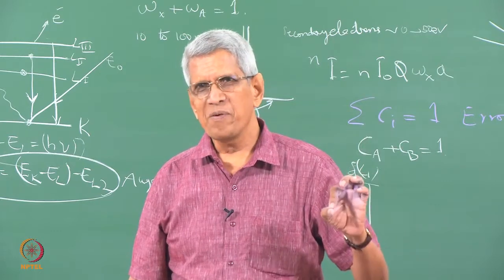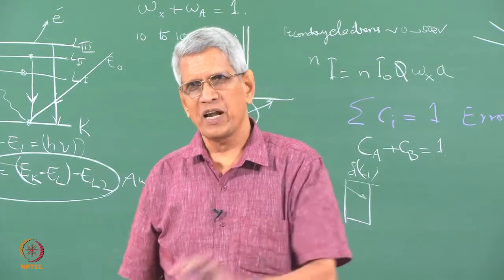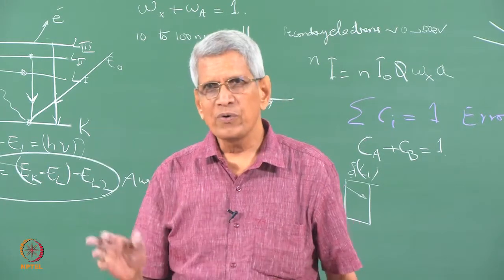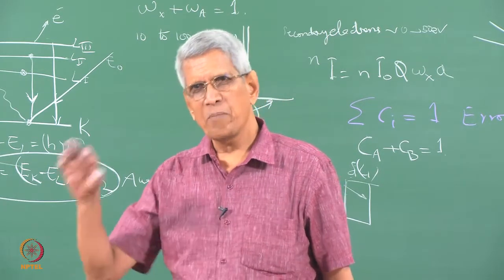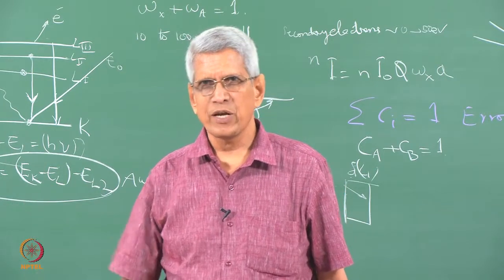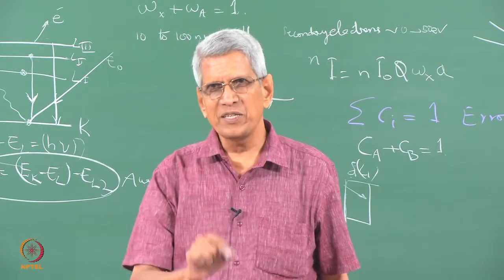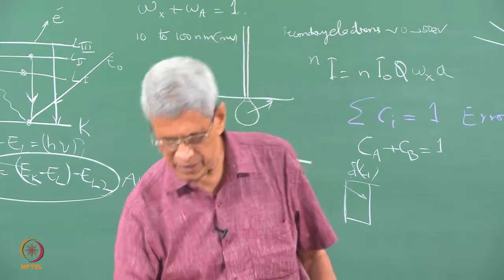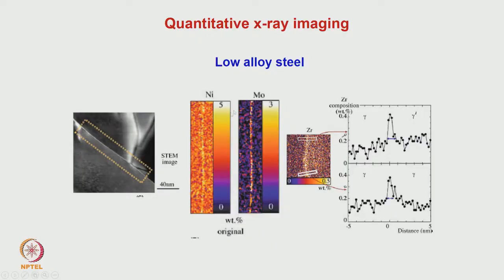In the present day, we have all the information which is collected from each pixel, each region. Now one can remove all the background and everything and try to find out quantitatively what the signal is going to be, and then we can get it. These plots correspond to such an analysis, so that we can find, in a low alloy steel, how nickel, molybdenum and zirconium are segregated along the grain boundaries. This sort of information one can get.